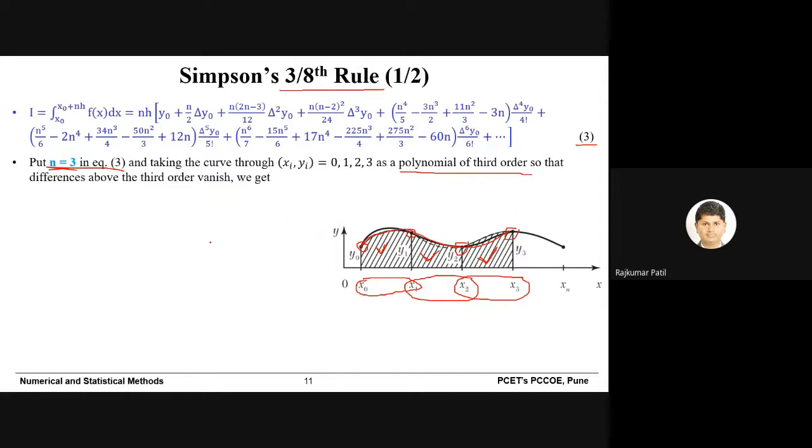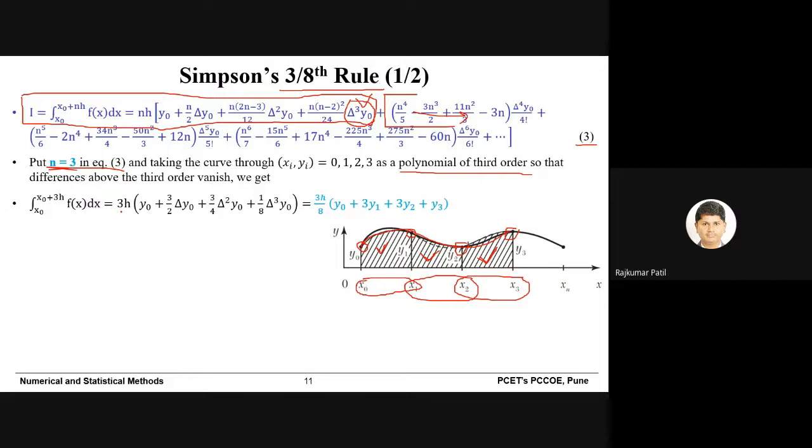And when we do that, in the equation, you will get significant values up to del cube y0. There will be values for the remaining terms. So we can see the remaining terms. But these values will be very close to 0. So that's why we neglect all the higher terms and we consider up to del cube y0 in order to calculate the area.